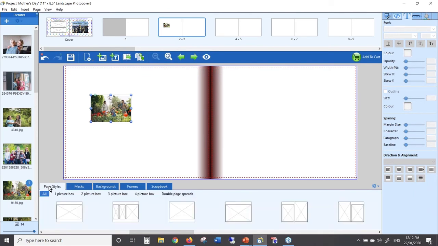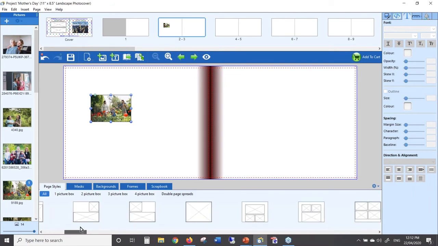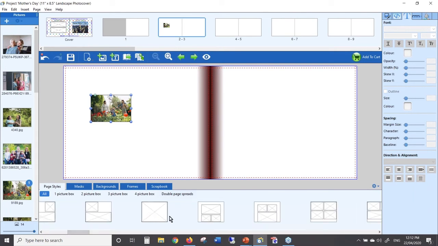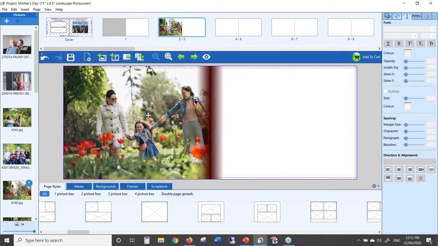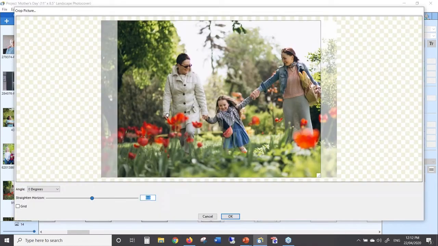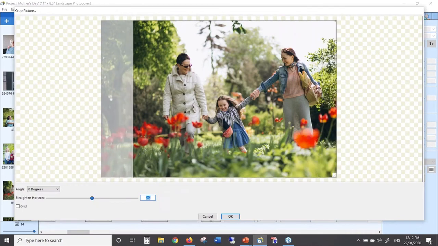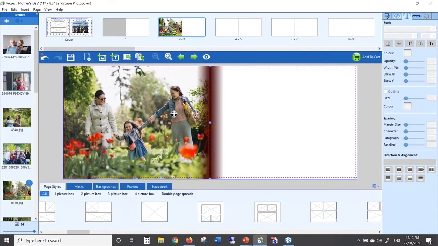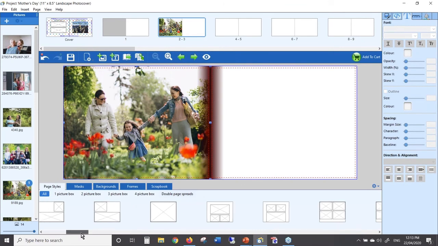So under my page styles, I'm going to find a full page, which is where the photo goes through the whole page, and I'll just drag that on there, and there you go, my photo's taken up the whole page. I might just move these people over a bit so we can see them. So I might do that on that page,